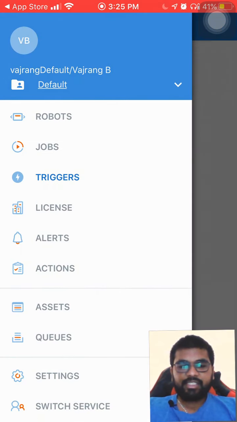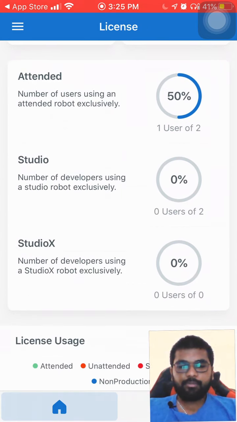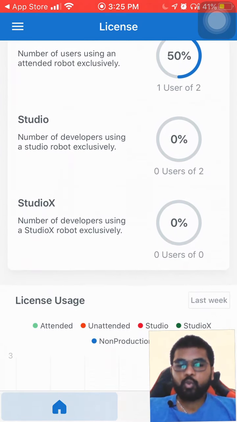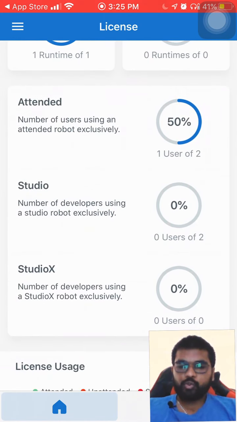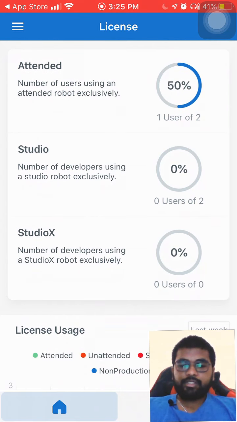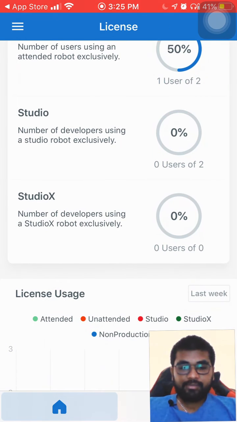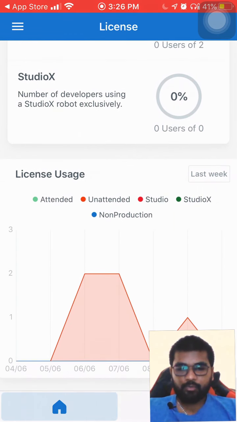So here I can see how many licenses are available for me. For now there are 2 attended licenses and 2 studio licenses, 0 studio X licenses. And what else do we have?